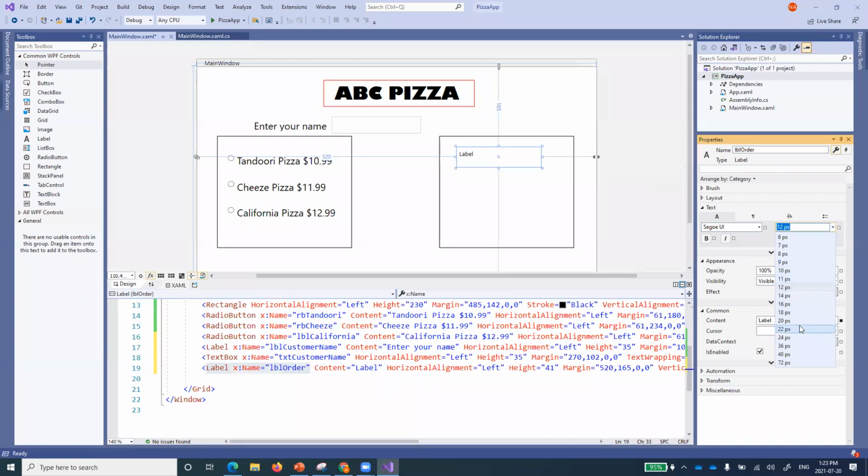Font size is again taken to 22, and the content, I will say order. Later on, I'll try to change this order with the customer name, maybe. You can do anything. I've called this label LBL order, and we can always come back and check all those things.